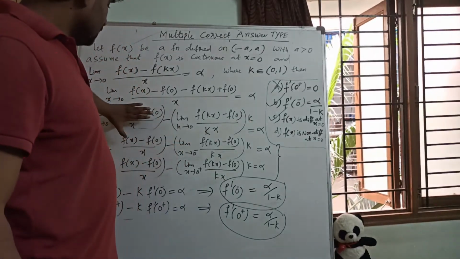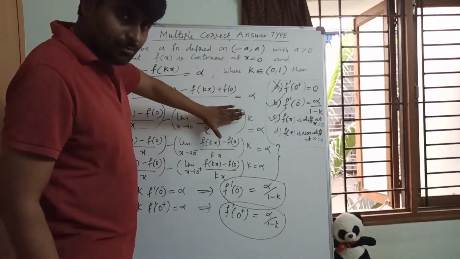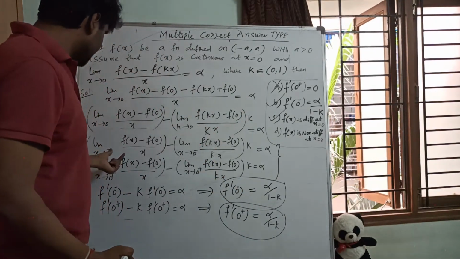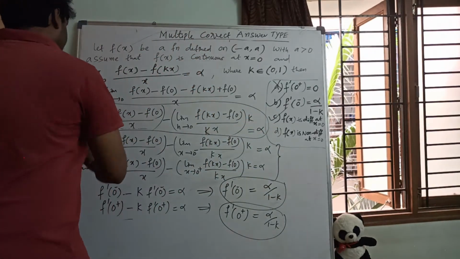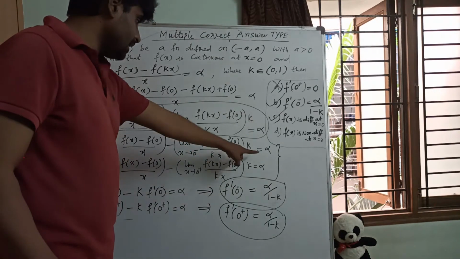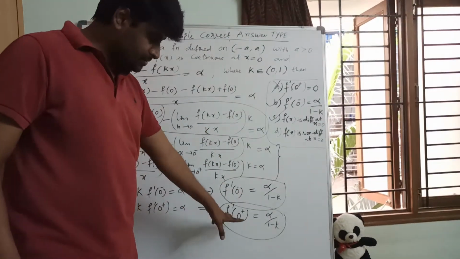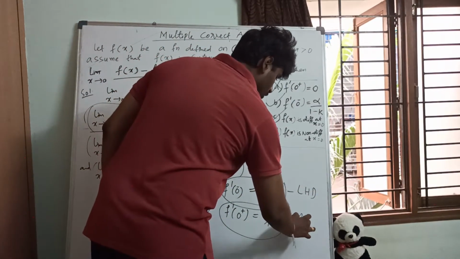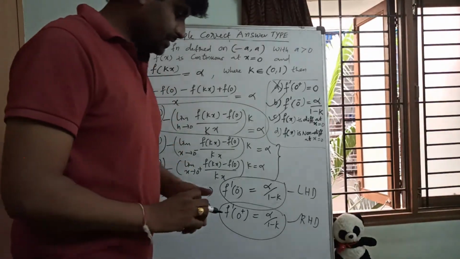okay, so this is f dash of 0 minus, this also f dash of 0 minus. So f dash of 0 minus will be alpha by 1 minus k. So whenever you are able to write this step, we can write its LHL, its RHL also, separately. Now from this we'll get f dash of 0 minus value, f dash of 0 plus value, meaning LHD, RHD values, we got them as same. Okay, make a note of it.